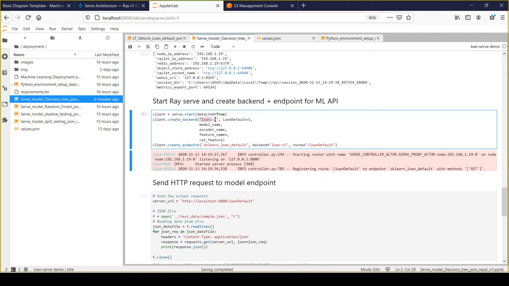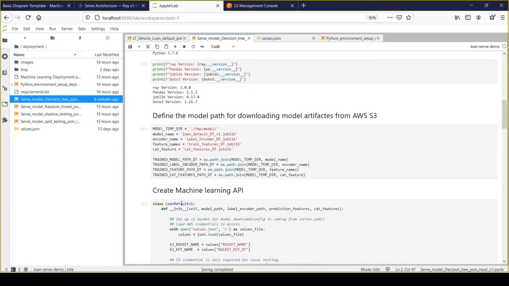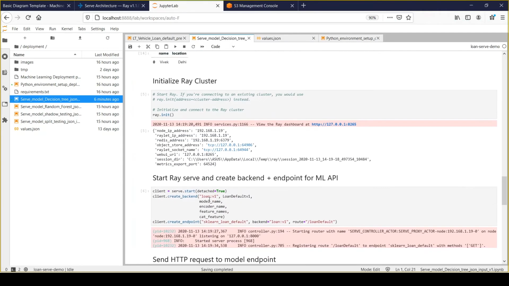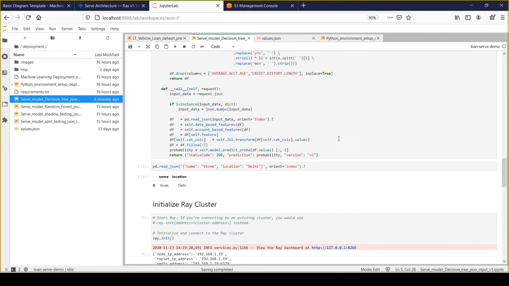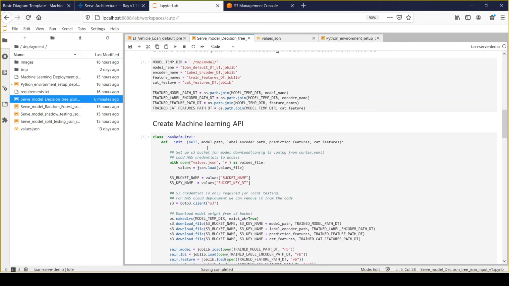We are giving the name of that backend API as loan v1, and here I am giving the class of the backend which we have just defined: LoanDefault1. As the next set of parameters, we are simply passing all the parameters to my LoanDefault v1. You can see that we are passing model name, encoder name, feature name, and categorical feature, cat_feature, and we will be taking all those values as part of the init function.